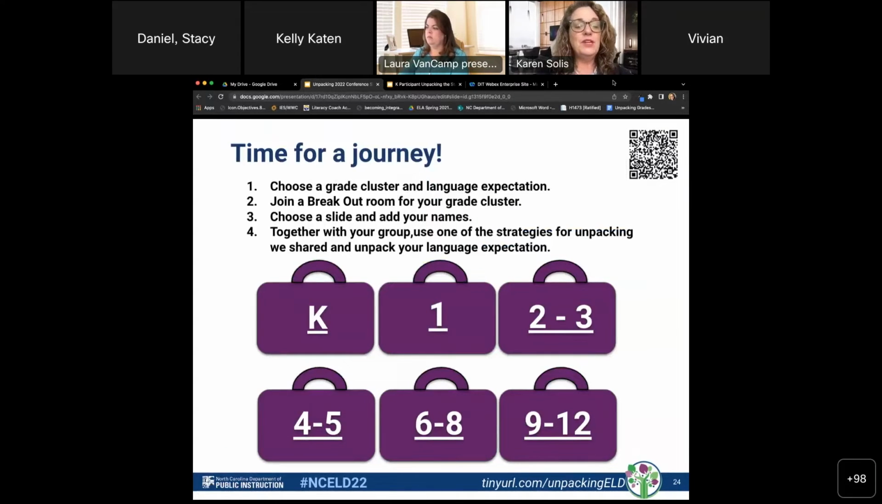Any questions about that? What you're going to be doing now, just to reiterate, is think about your favorite grade span that you want to dive into a little bit further to unpack. You're going to go to that breakout room and work with the members there to unpack a standard. It can be math, science, social studies, or ELA, and create that. Then we'll come back together as a group in, I think, because this is a big chunk of everything, 15 minutes,